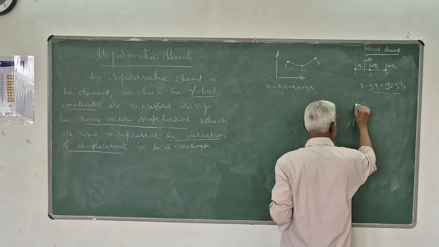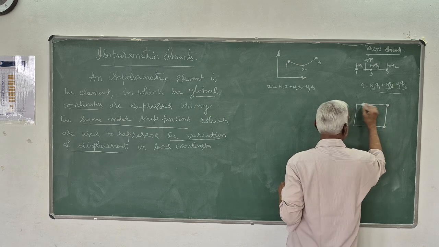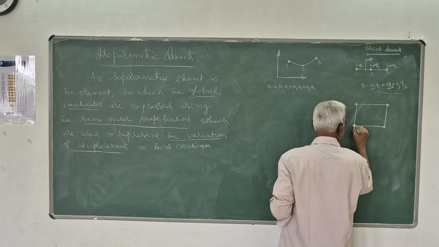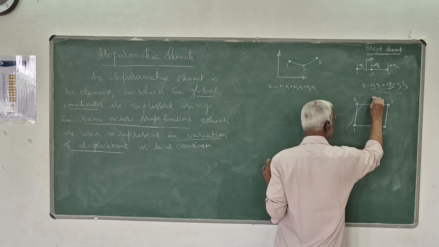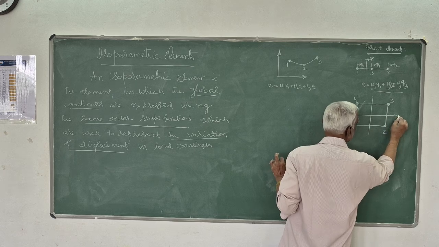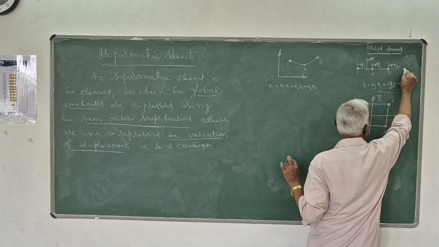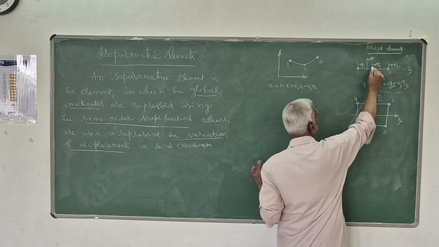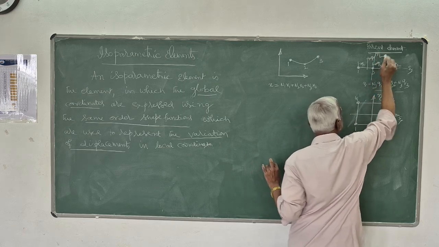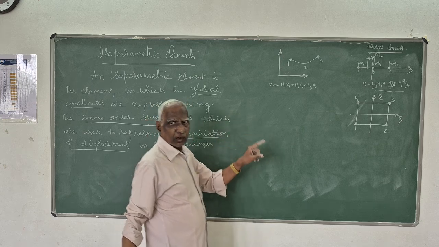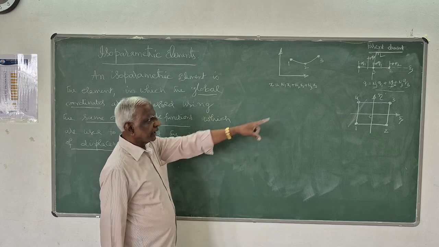Like that, suppose you take a rectangular element with nodes 1, 2, 3, 4 in the natural coordinate. Here also this is the natural coordinate. Always in the natural coordinate, the center is the origin. So if you take this